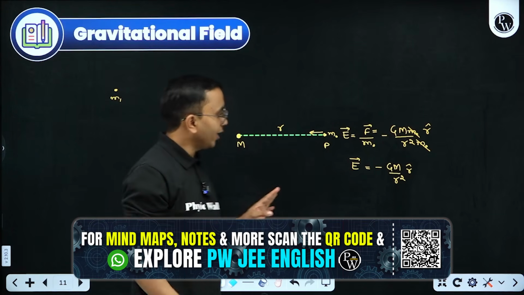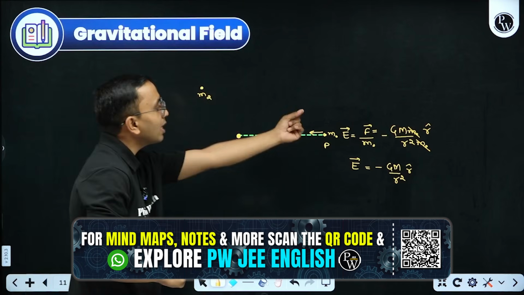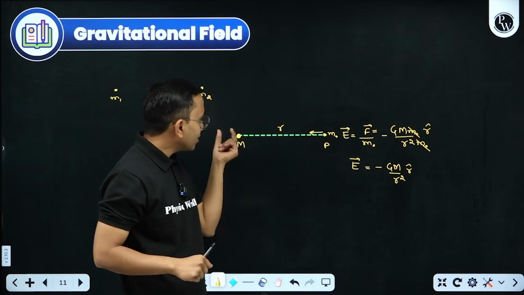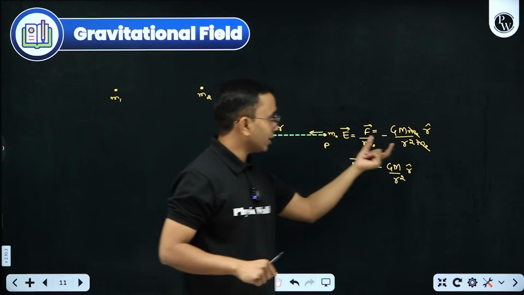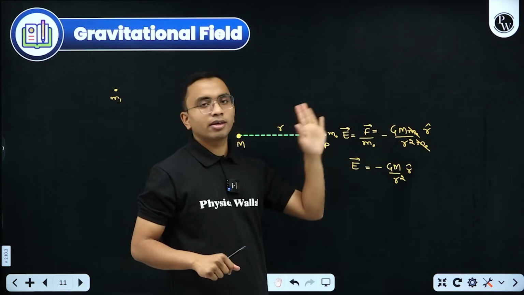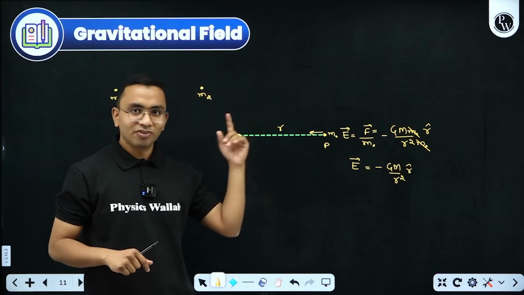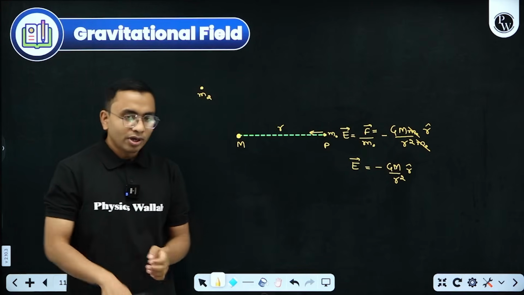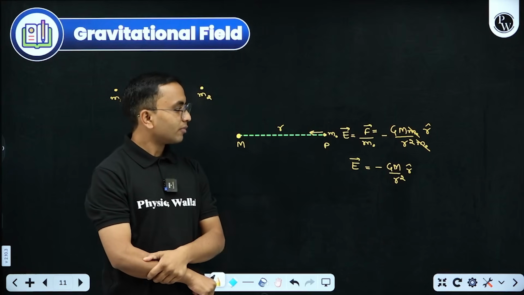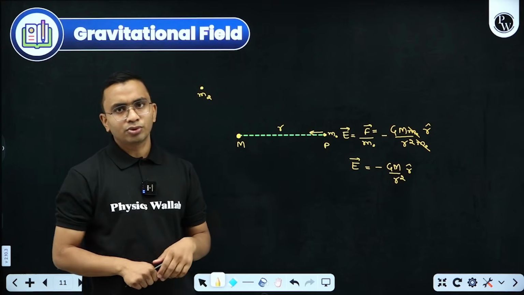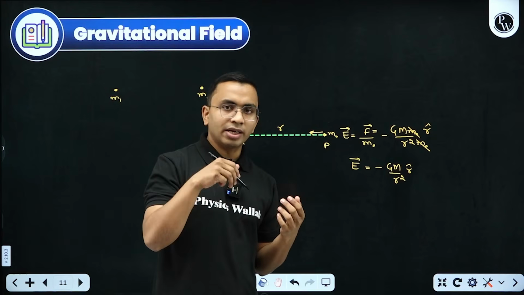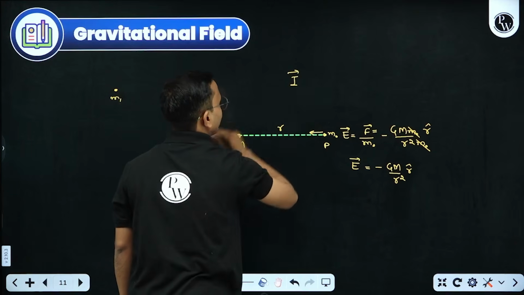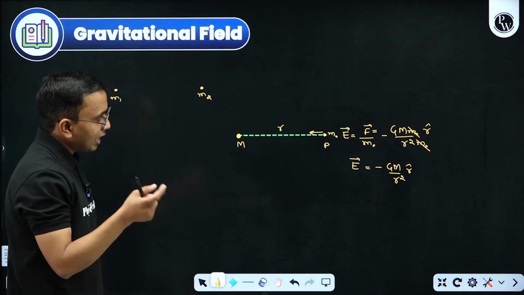Is that clear? And this test mass, when we are taking, we took this test mass to be very small, such that due to this test mass, m is not displaced. My r is not changing. So I took this very small, and this is how I got my value of gravitational field at that particular point. Getting it? So similar to electric field. Electric field also we used to denote with E. Sometimes gravitational field is denoted with I also. So in many of the books you'll find I is used like this for gravitational field. So this is GM by r square.